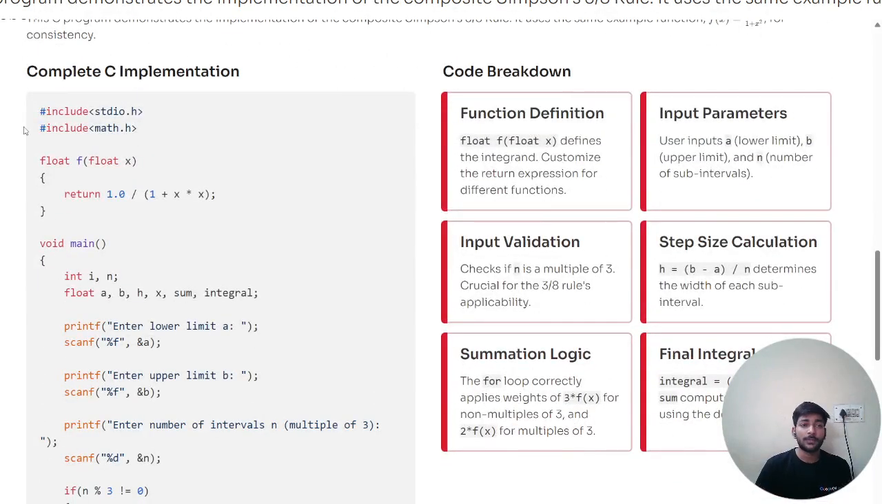Let's see the code of the Simpson 3 by 8. Here we will take the function and void main. This is the starting of the program. Here we take the variables a, b, h, x, sum, and here we take the lower limit. Here we take the upper limit. Here we take the interval, a multiple of 3, and